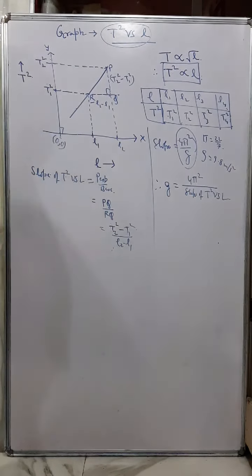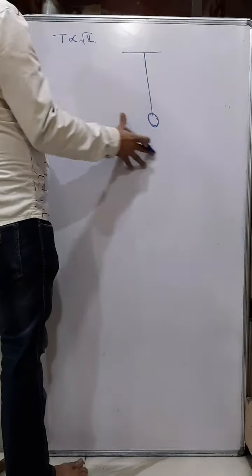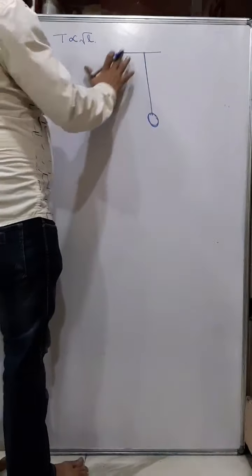Now we know that T is directly proportional to the square root of its length. So this means greater the length, more is the time period. In a pendulum clock, the pendulum is a compound pendulum, and the whole pendulum system is made up of metal, generally like brass or steel.